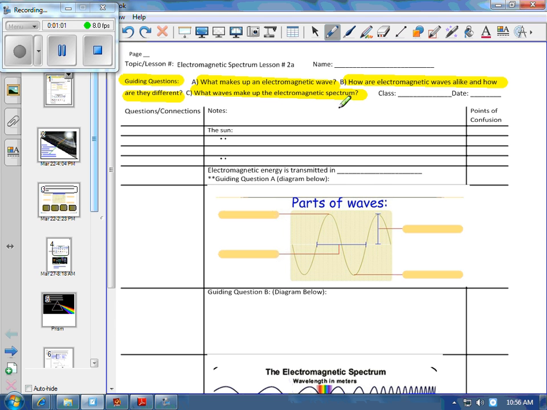At this point, I also need you to make sure that you put your name at the top of your paper, your class, and the date. That is important. All right, don't forget to put the page number up at the top. Again, this will be page 6 in your interactive notebook. I'm going to erase all my highlighting now. Okay. Now,